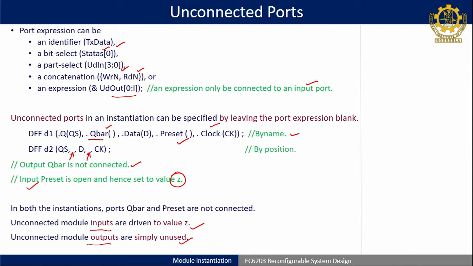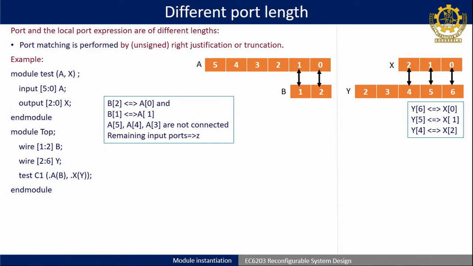Understood? So, this is how it will behave. See output, if it is not connected, obviously it will not propagate the output further to any other module. Okay. So, then that is not useful. But if an input is not connected, there may be a chance that the input is an expression to evaluate another intermediate signal. So, at that time it will be referred to as z. So, if it is an AND gate you can AND it with z and the corresponding output will be there. Okay. So, an input has a certain value, but an output, if it is unconnected, is simply unused. Okay. So, that is one situation.